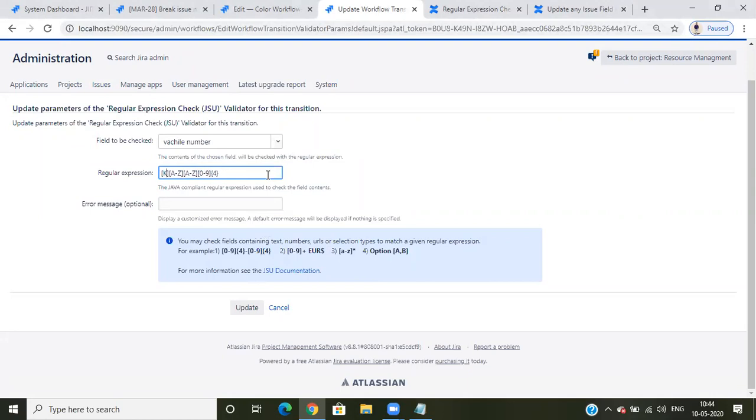Suppose K or A. Same, I'll select A. A or A will be accepted. And next, 0, comma 3, which is also one letter.